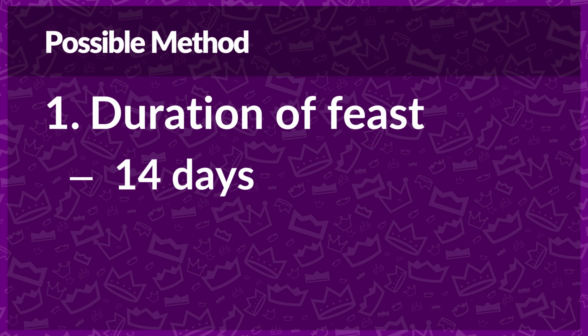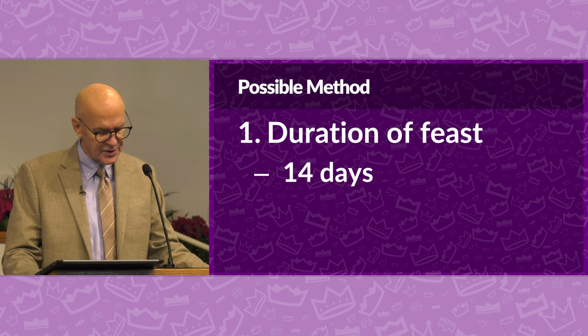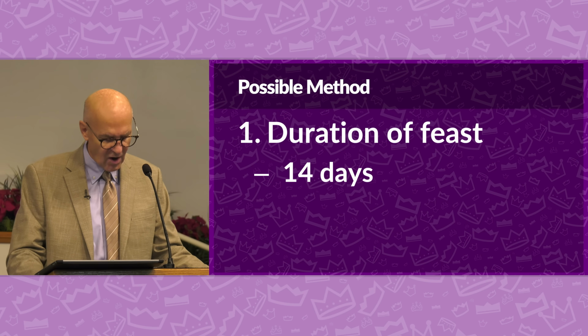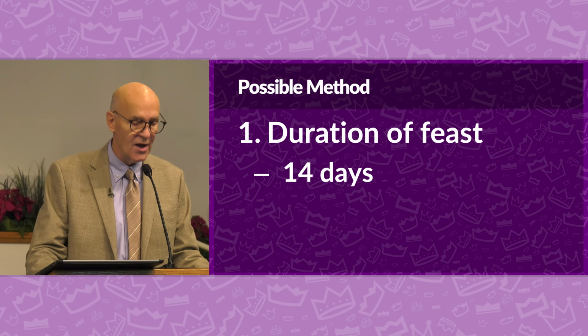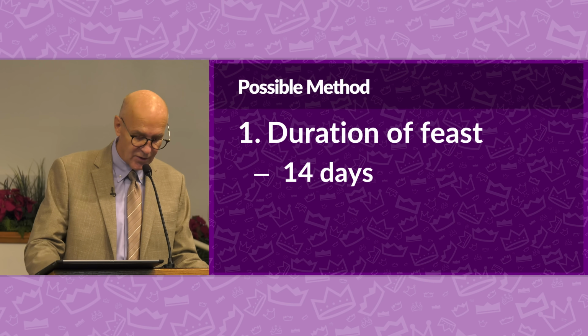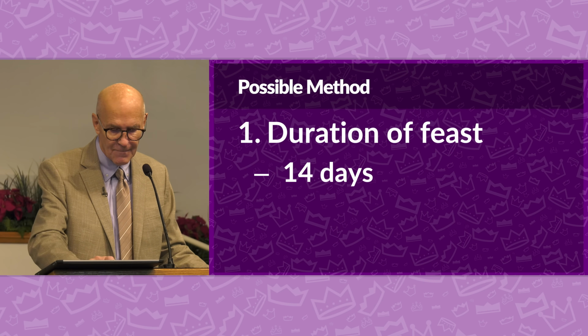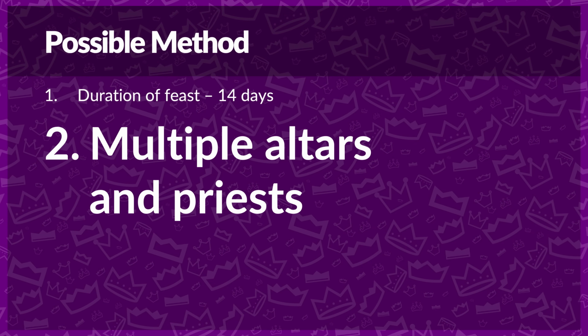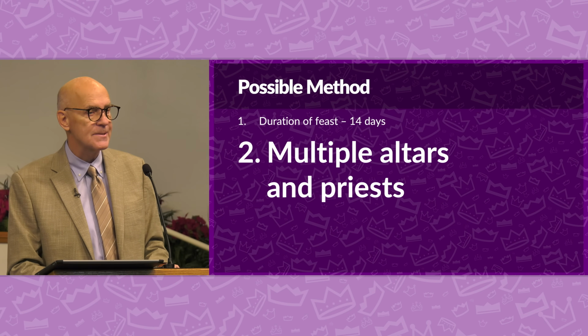Spreading the sacrifices over this extended period of time would make it more feasible to manage such a large number of offerings. This would mean that not all the animals were sacrificed on a single day, but rather across a 2-week period during the festival. Another point: while the temple had a main altar for sacrifices, it is possible that additional altars were temporarily set up to accommodate the large volume of sacrifices.